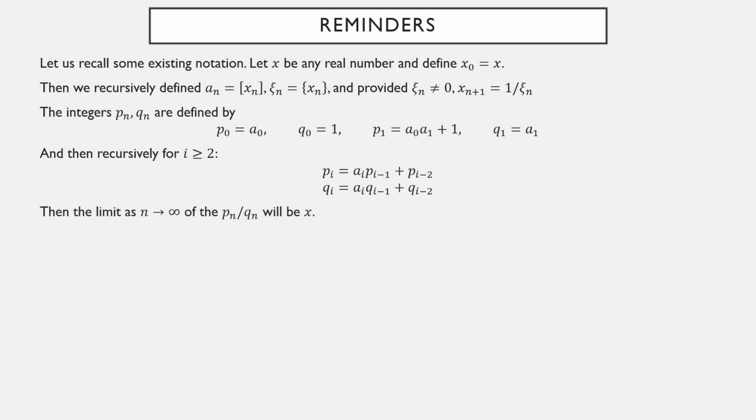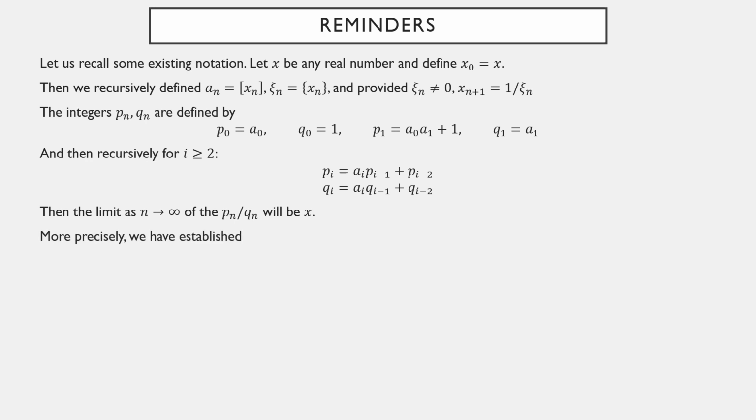Then the limit, as n tends to infinity, of P_n over Q_n will be x, provided that the a sub i's were the partial quotients generated by x. Now, when x was rational, the process terminated and the sequence P_n over Q_n will simply stop at a certain point at the value of x. When x was irrational, however, it went on forever, and we did prove that the P_n over Q_n do converge